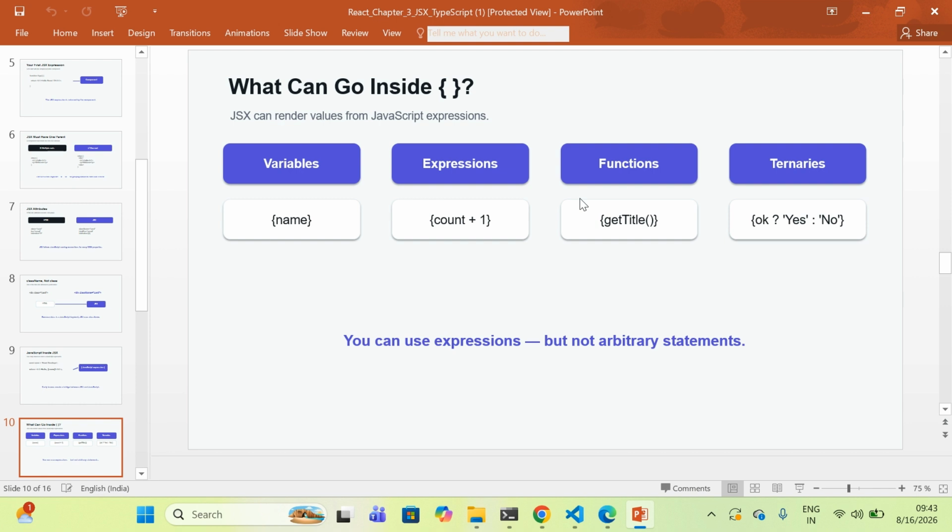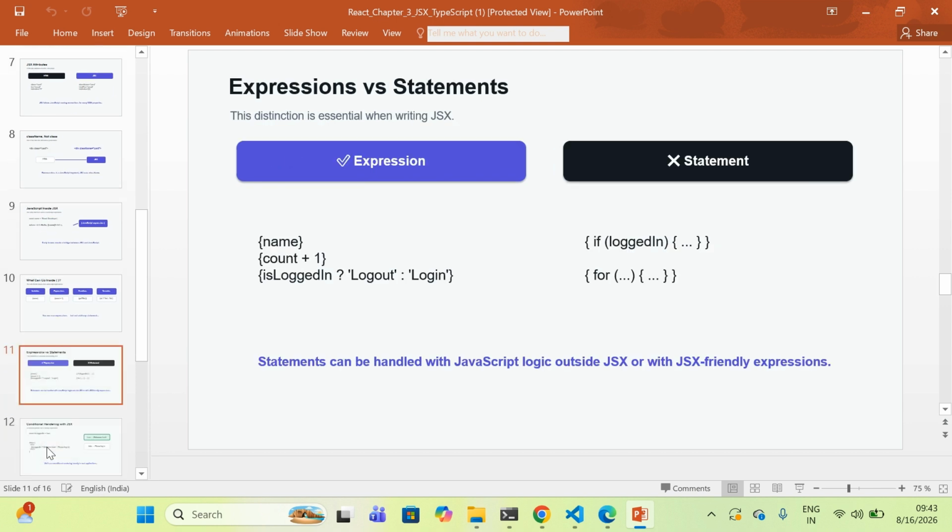If I have a variable called isLoggedIn, I can decide what text to display based on its value. This gives us a very clean relationship between our application logic and our UI. So let's move to the next slide.